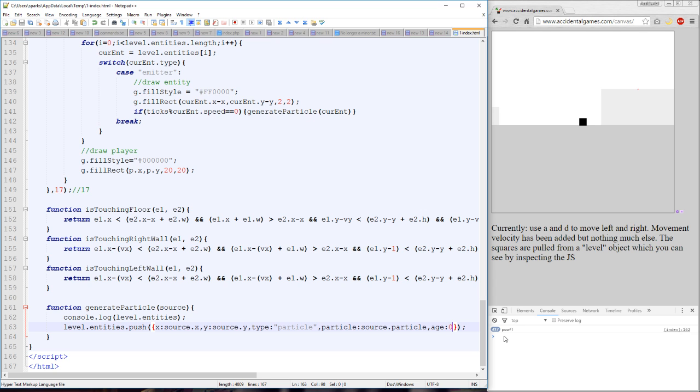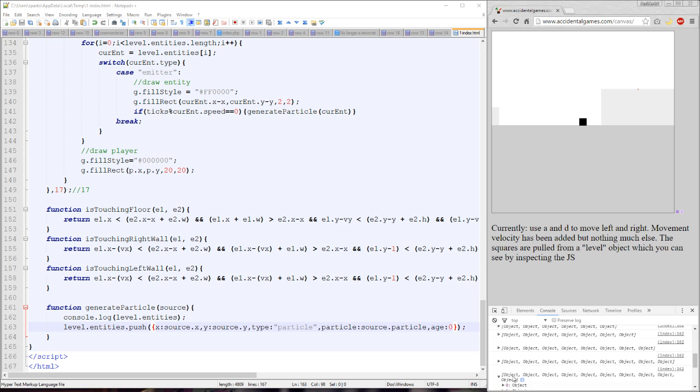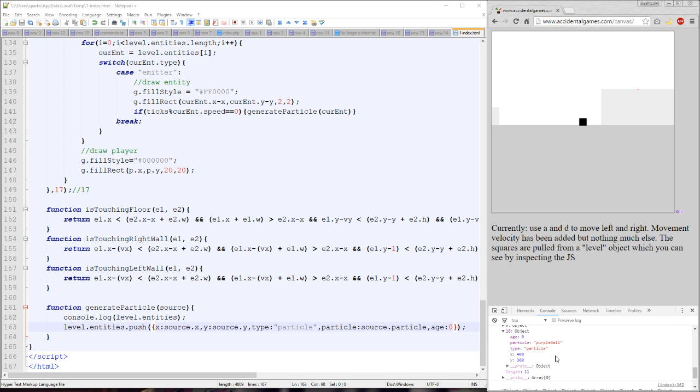entities object here and see whether we're getting entities like we want. There's our object. That's our emitter particle. This is our particle. The particle color is purple, type is purple, the age is 0, x and y have been passed correctly. All the information is there. If we look down here, you can now see that the object now contains far more entities. I wonder whether this is going to slow the game down. If we're going to notice a drop, we'll have to see how all of the different entities being processed will